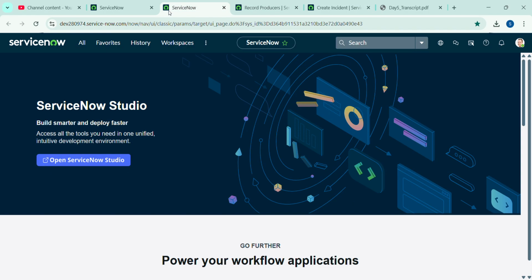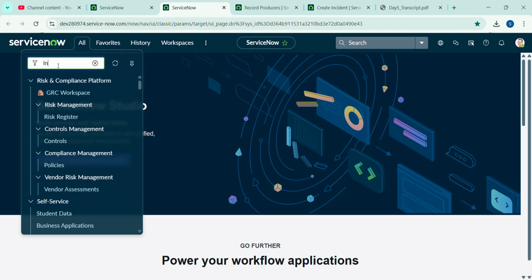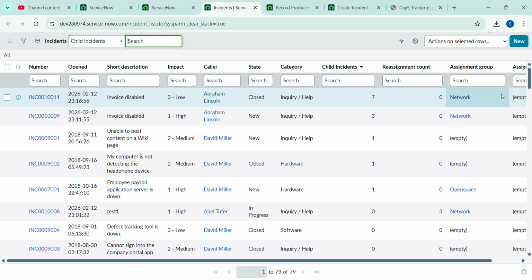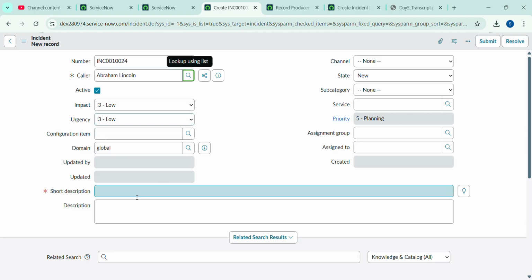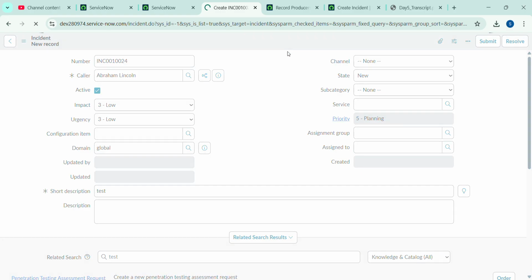Let me, instead of this record producer, show you one more. I can open it from the list view, I mean the incident table. If you see here, if I click new, we currently have 79 records. I'm just selecting random values and filling in whatever is mandatory. And once I click here, we have this save or submit button, right? Once I click on this save,